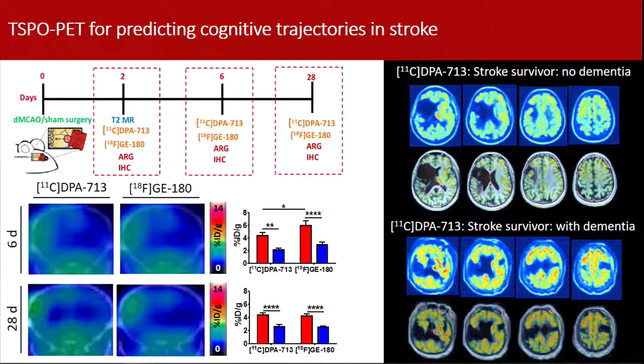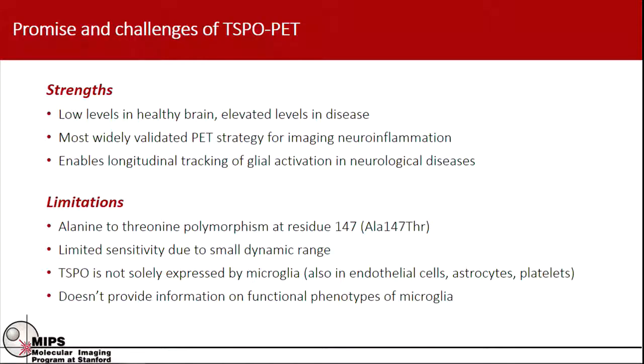So we wanted to see, can we image stroke patients a long time after stroke? These patients are 8 years after their stroke, so a very long time. And we're starting to see some interesting findings with increased diffuse glial activation in patients that have post-stroke dementia. So just to wrap up on TSPO, while I don't want to throw the baby out with the bathwater,